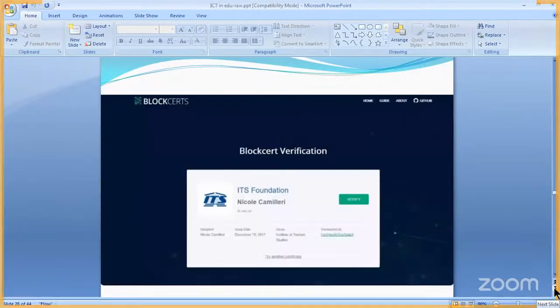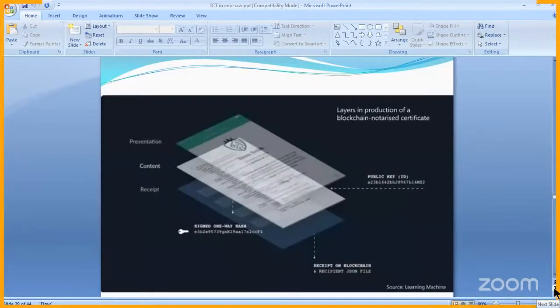Now, once you go for the validation, it will give results saying that this certificate is verified. So whether verified successfully or not, this is authenticated by the blockchain system. Now, what exactly does the blockchain system say?